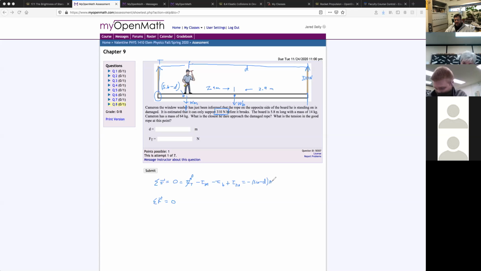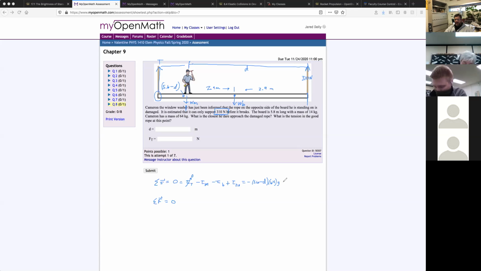Times the weight of the man, which is the mass of the man, times gravity. Now this time we have to include gravity because this last torque doesn't have gravity included in it. From the cat one, everything was weight, and so everything was multiplied by gravity. In this one, we can't eliminate that. We just have to use the mass of the man, which in our case is 64 kilograms, times gravity,